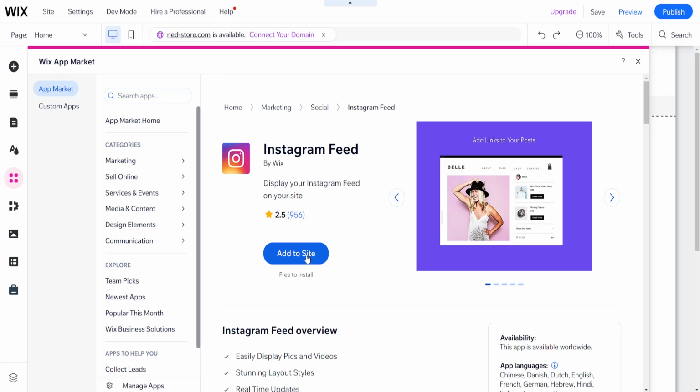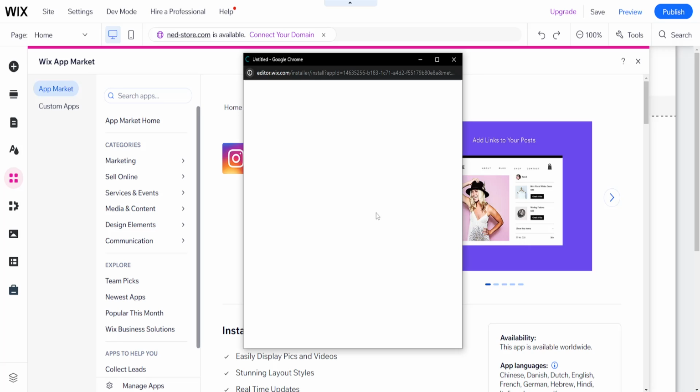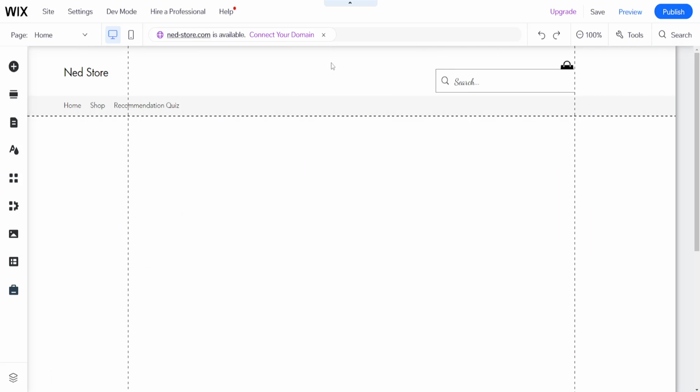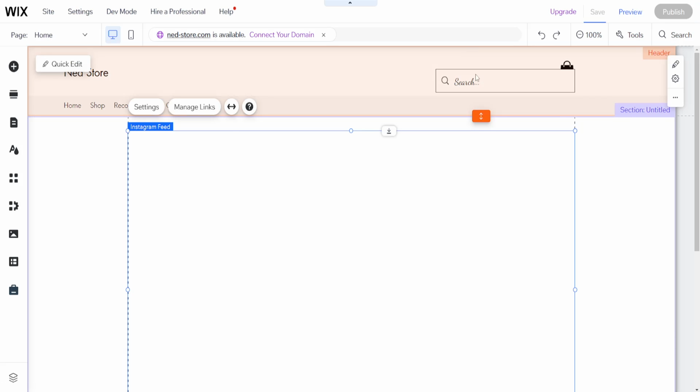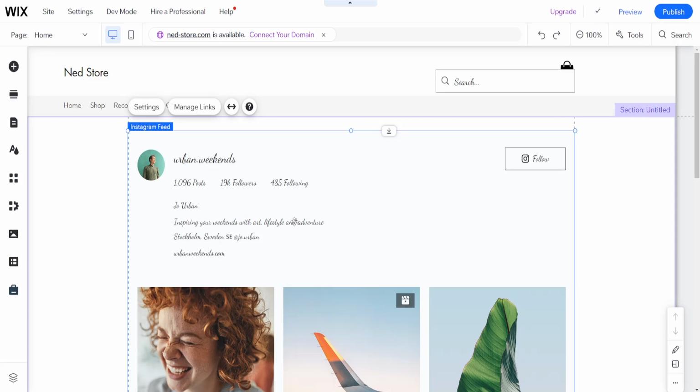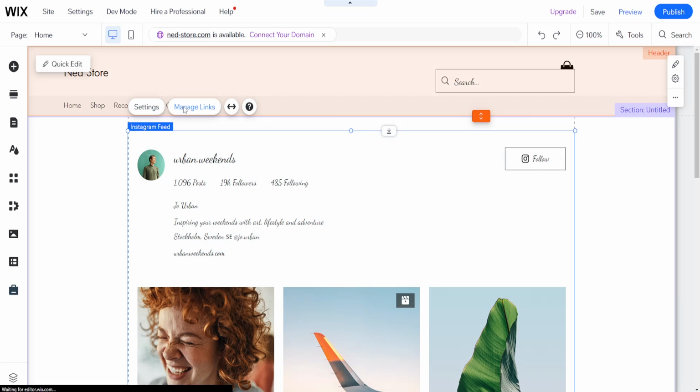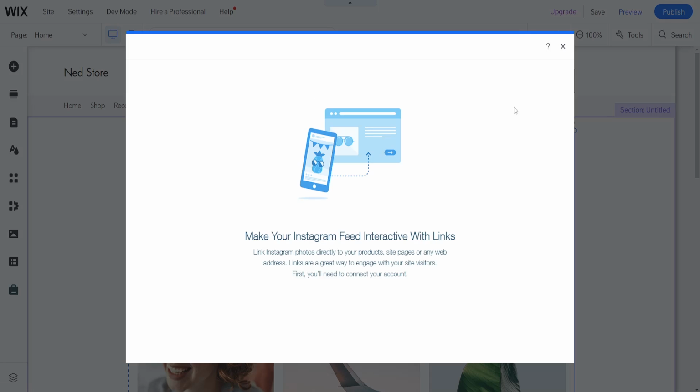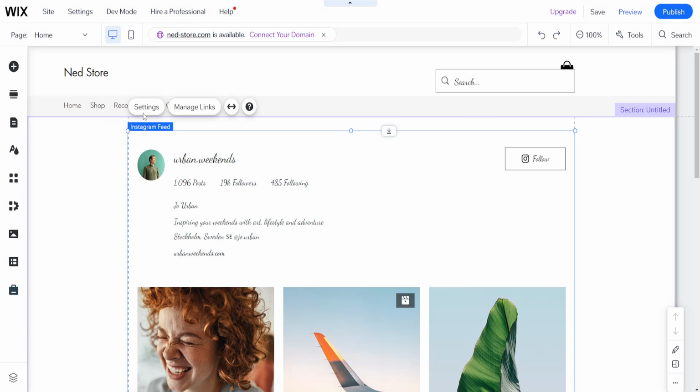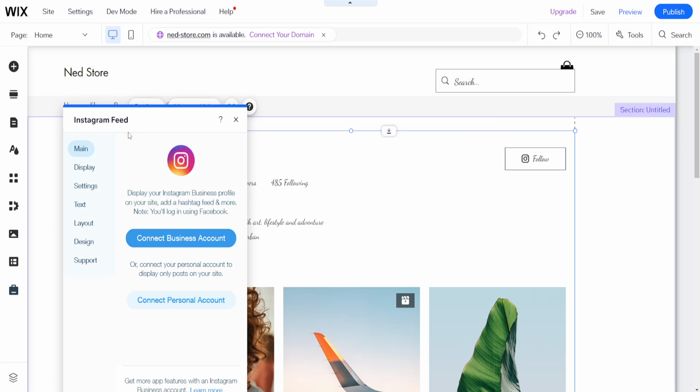So here we can click to add this application to our site, and it might take a little bit of time, but it's going to look like this. So it will show us an example here for an Instagram page. We can click on manage links here, and we can add different links, or we can select the settings, and